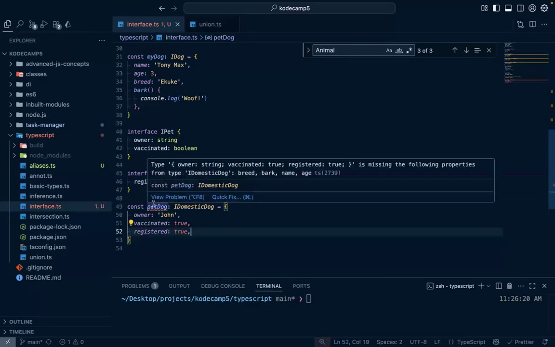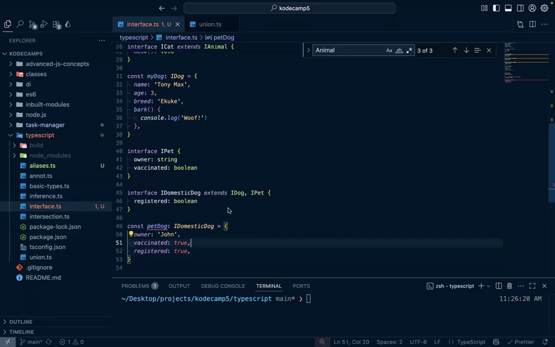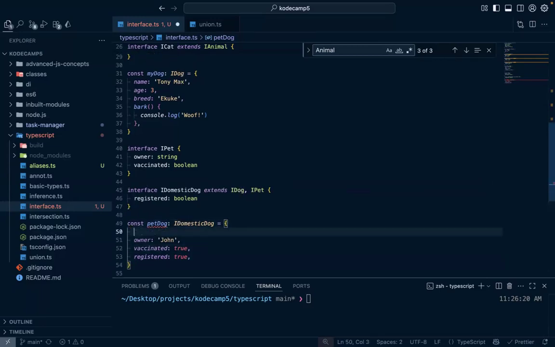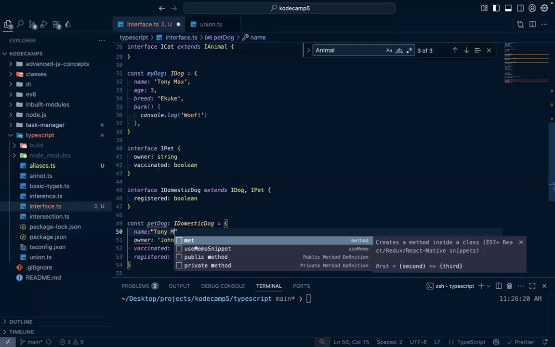Wow. Now, if you hover over this, the owner string is with the properties breed, back, name, and age. Okay, so as you can see, we are extending from iDog and iPet. So we also need the pet name to know which pet is vaccinated, and which pet John is the owner of. So we'll say the name here is Tony Max,